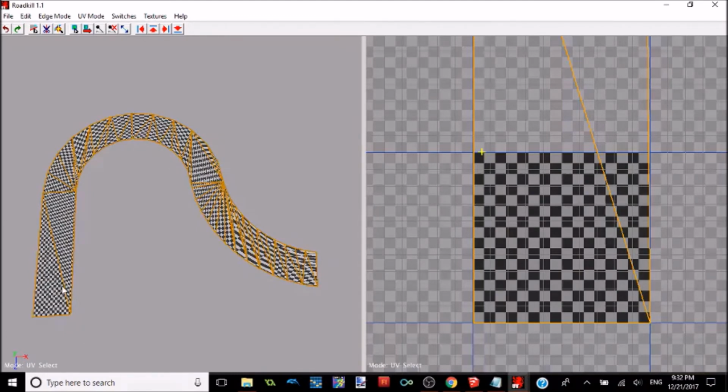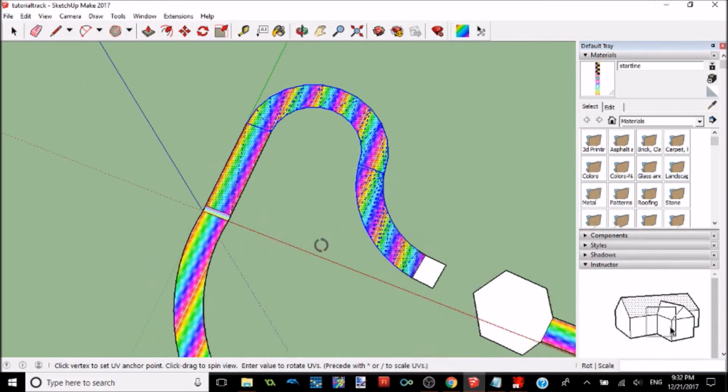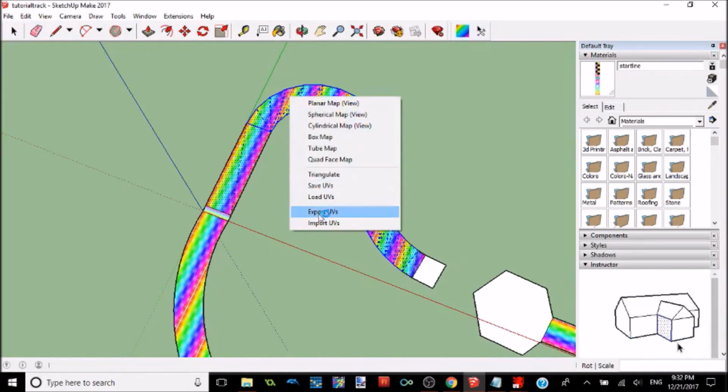Yeah, so now this is how it looks. It's definitely not the best UV mapping job I've ever done. It won't look that great, but I mean, it'll get the job done for now. So yeah, then you just click save. Then you can come out, come back into SketchUp, click on this, right click,